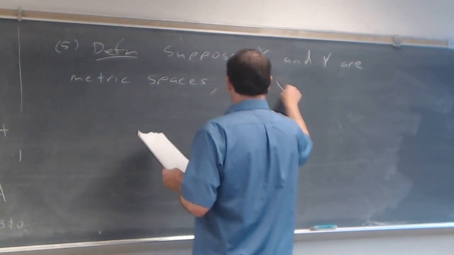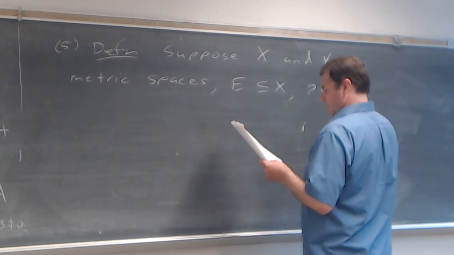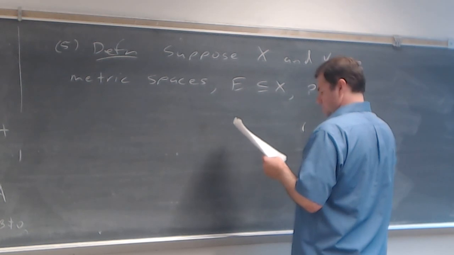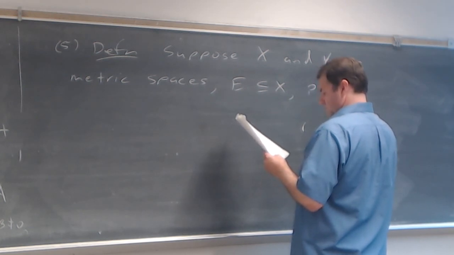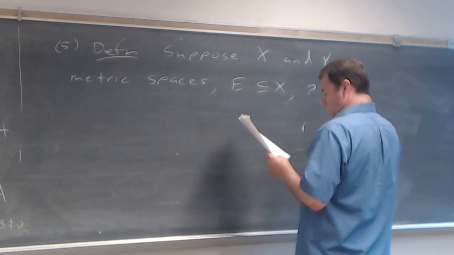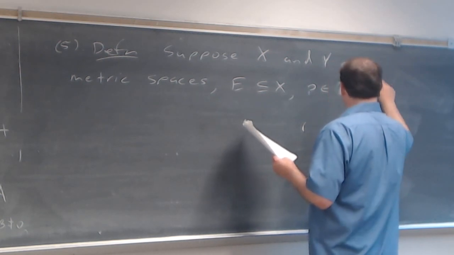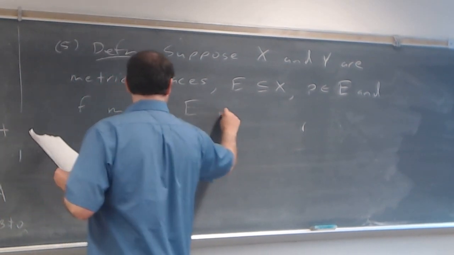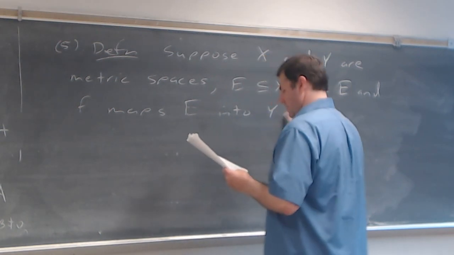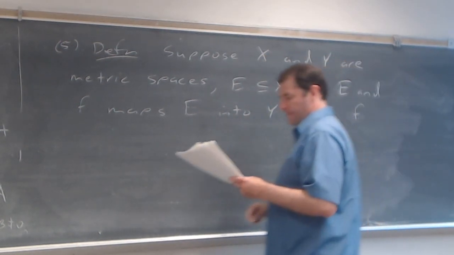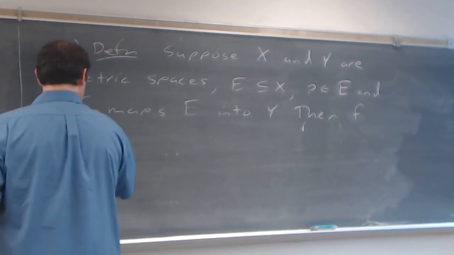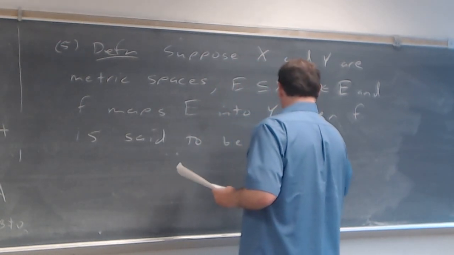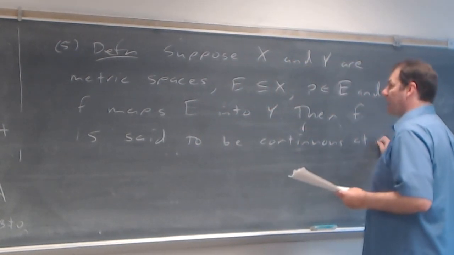E is a subset of X. P is an element of, let's say, not A, but rather E. And F maps E into Y. Then F is said to be continuous at P